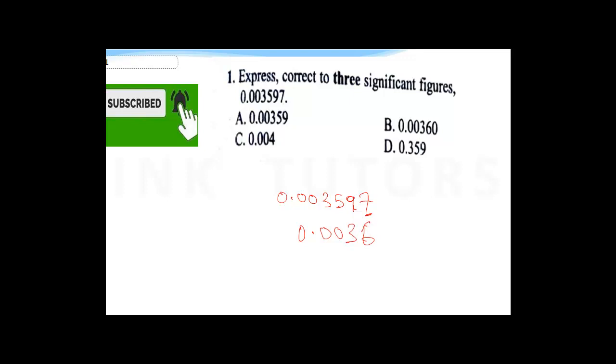But the problem with this is it's now two significant figures. That now requires you add a 0. So remember, you approximate 7, add 1 here. So you approximate, it becomes 10. You approximate this one, it now becomes 6. So you now have 0.0036, then you now need to add 0 to make it three significant figures. So this is the correct answer. That's for question 1. Now question 2 says